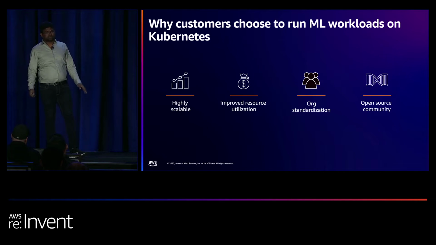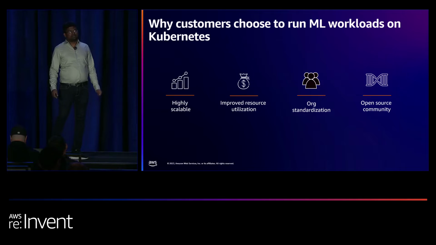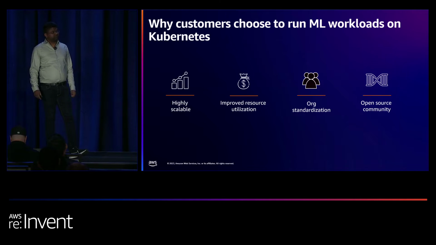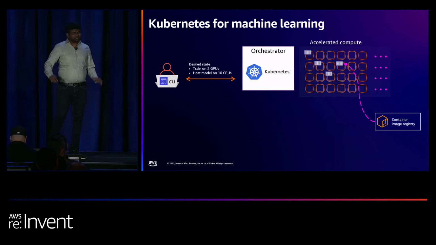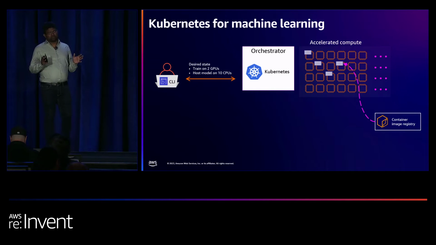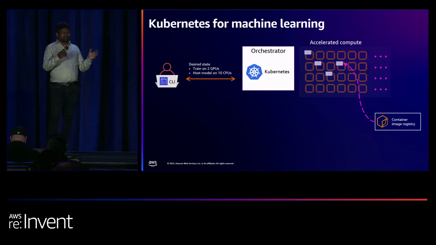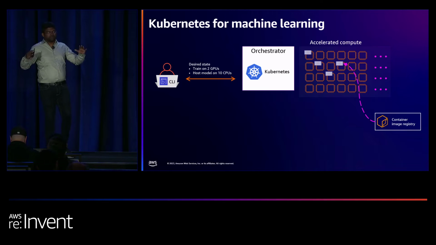It has a robust open source community, a vast community of folks constantly contributing and innovating at scale, and you get to adopt those innovations into your enterprise much quicker with Kubernetes in place. So where does Kubernetes really fit in the machine learning workflow? It comes in when a machine learning developer is satisfied with local experimentation. He wants to scale it out, expose his model to all the data that is available, and Kubernetes